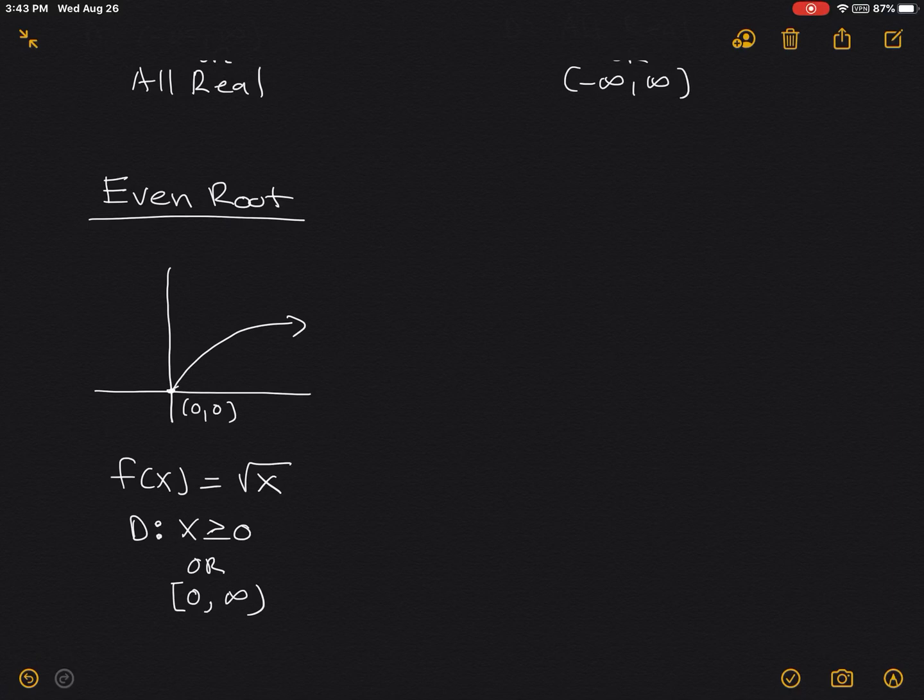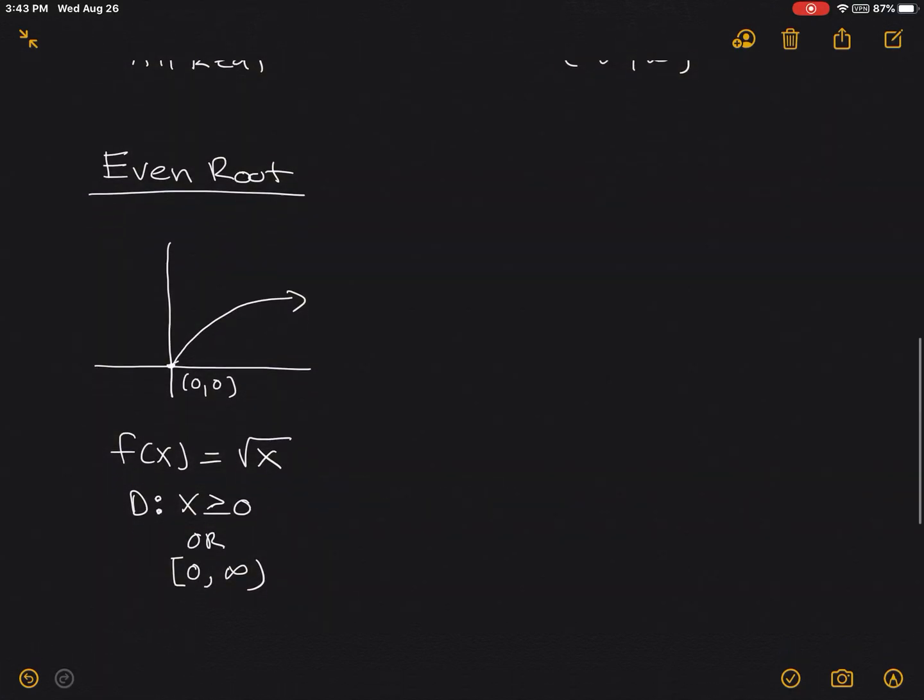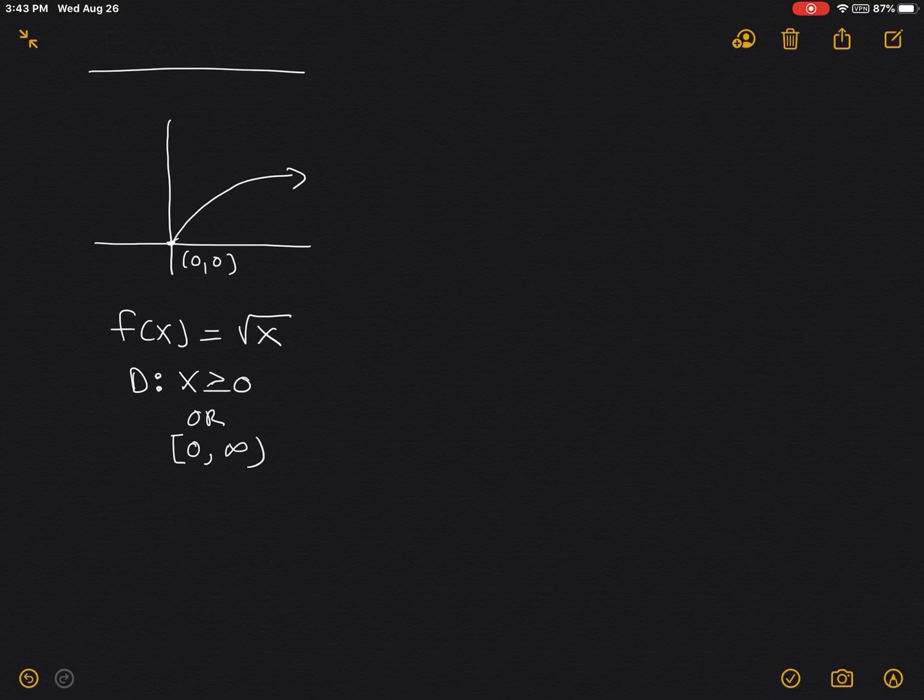Now I'm just going to pause briefly here before I move on. That's if you just look at the graph, right? But how would you solve for the domain if you just look at this equation over here? Whatever's inside the square root is called the argument. Okay, so a little bit of vocabulary here. The way you solve it algebraically,